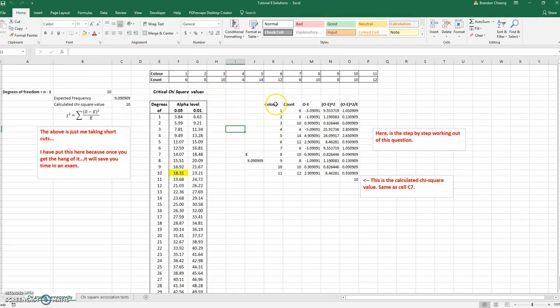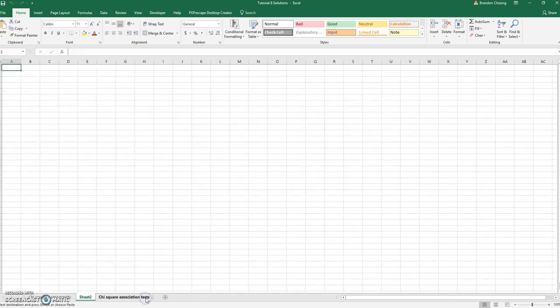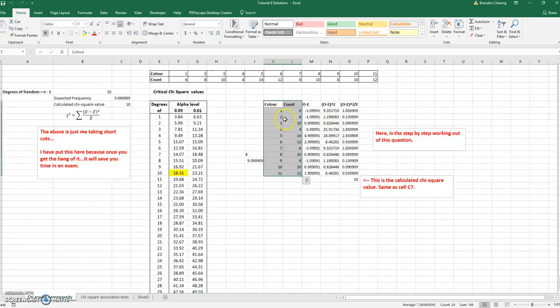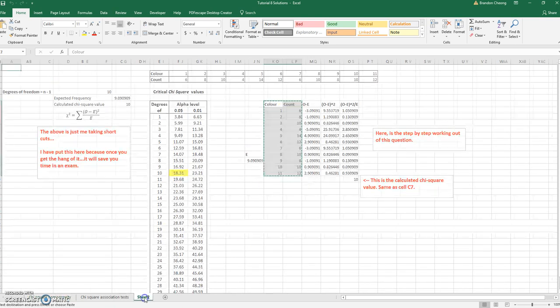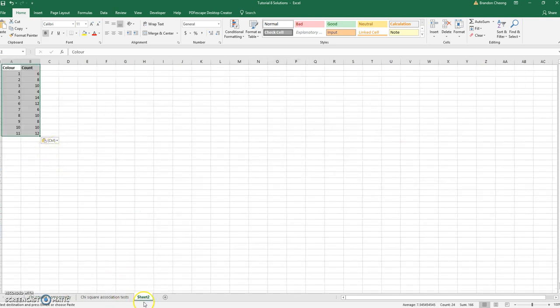So what I'm going to do here is just take the data that was given to me, color and count. I'll copy that into a new sheet, and Excel has called this sheet 2. Let me just try that again. Control C, Control V. We'll give this a new name. It's always good to name our data. So this is going to be